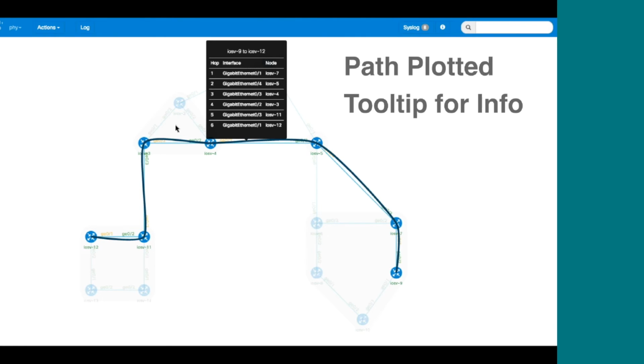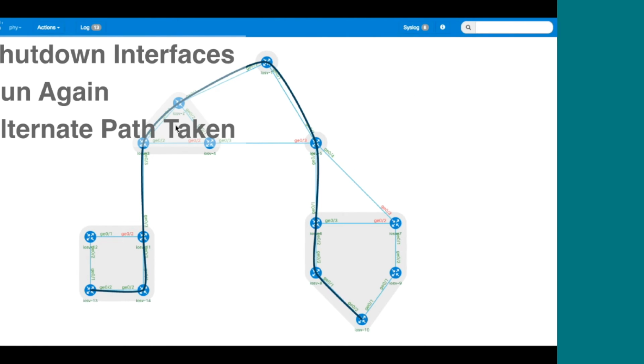And so what we could do is something like combining all those pieces together, and this is where it becomes really powerful. We could do something like shutting down an interface. I've shut down a couple in this example here. What we would then see, if we look at syslog, is the interfaces go down, the OSPF or IBGP sessions go down appropriately, and then we can run traceroute again.